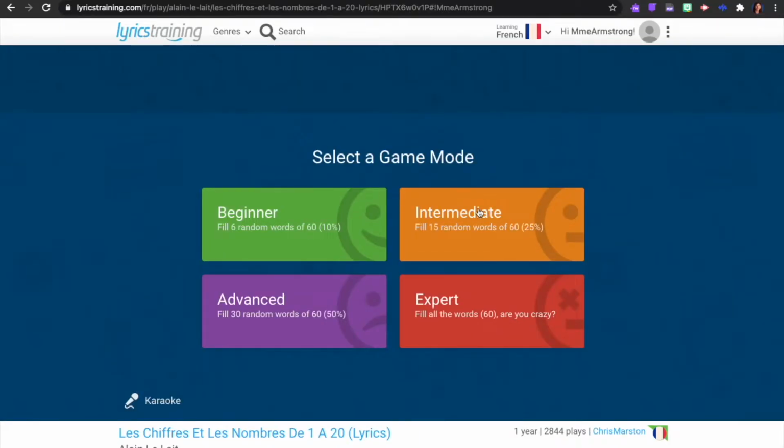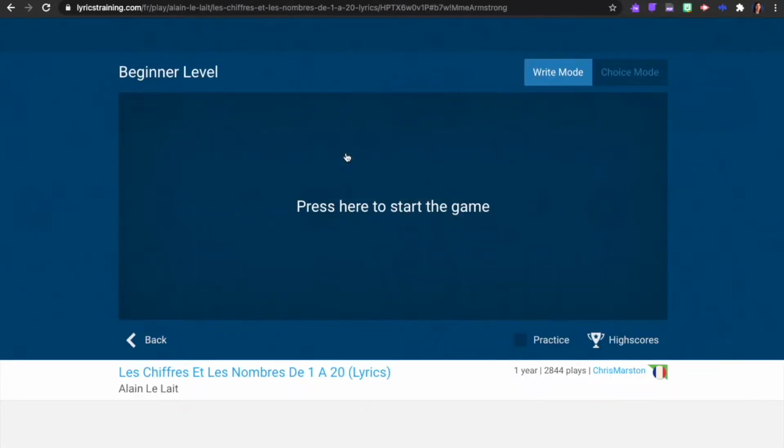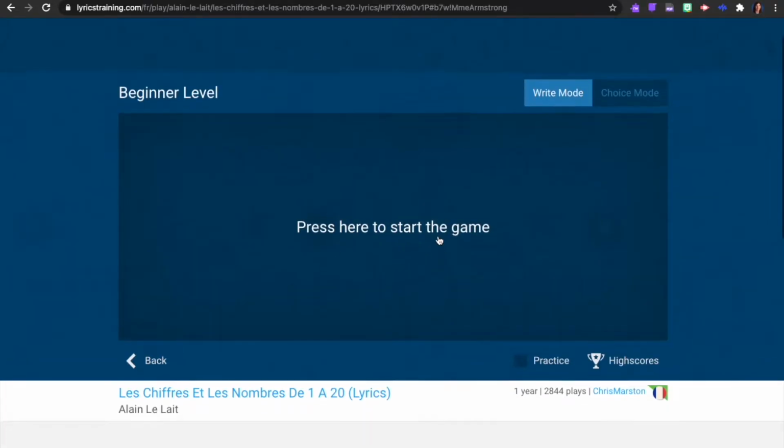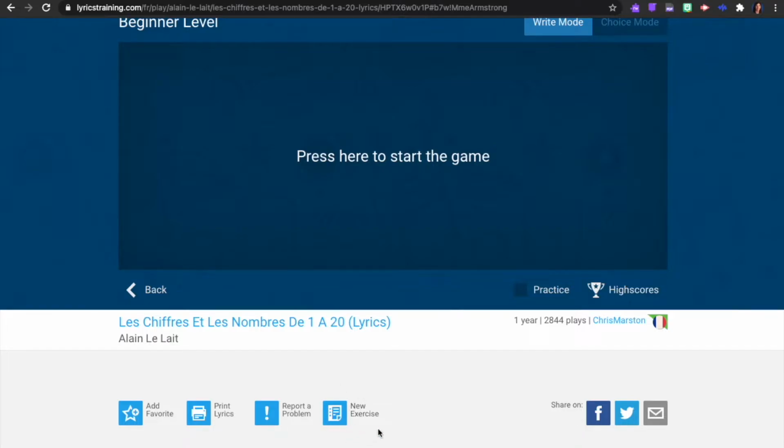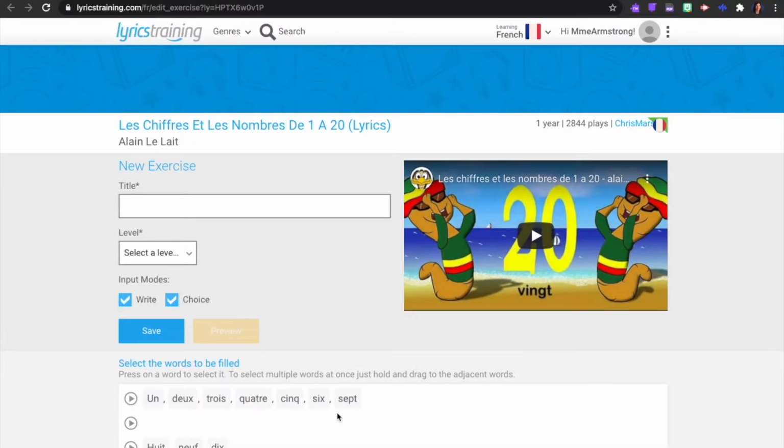You'll just click on it. I'm going to choose the beginner one, and then I can play the game and test it out just to make sure the song is appropriate for what I need. But then once I'm sure the song is something I'd like, I'm going to go down below and click on New Exercise. Now from here, I give it a title,